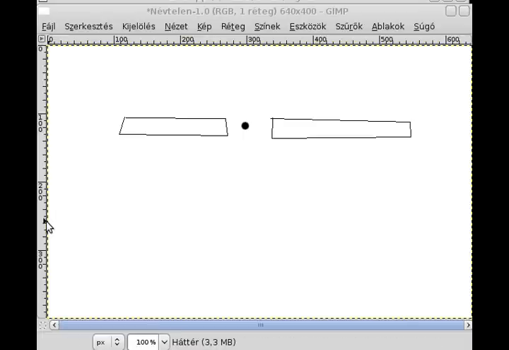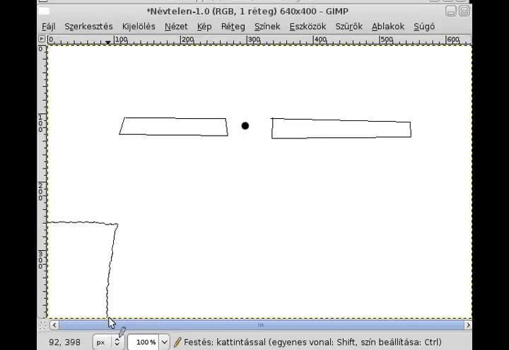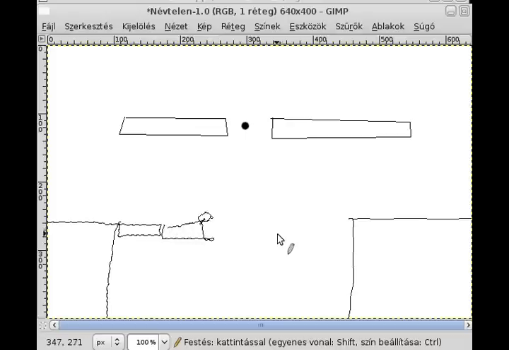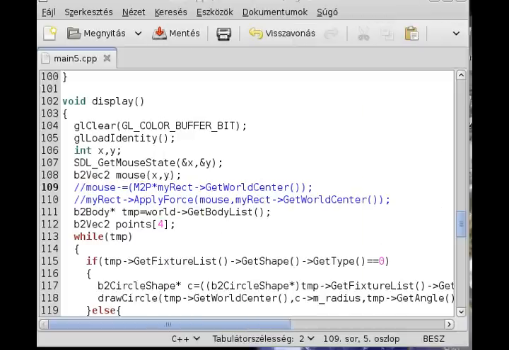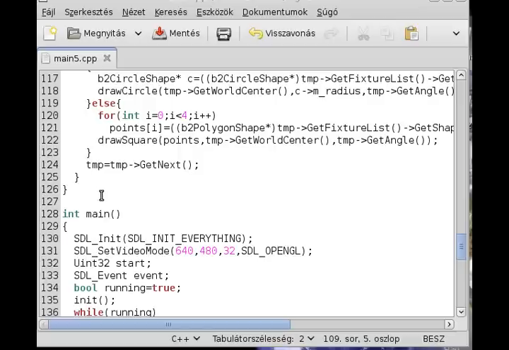Anyway, what I'm going to attempt to do is first have one static object, so one static box, then have another static box right here, and then from small segments like this with the revolute joint, I'm going to make a chain bridge between these two static objects, and it will be pretty cool looking. It can increase the realism of your game by much. So you can walk through this bridge, and of course it will seem like it is made of rope or chain or something. So it's more like a practical application for this,